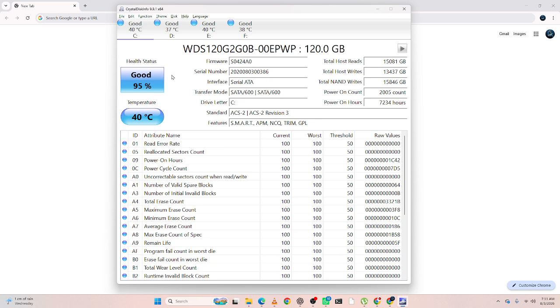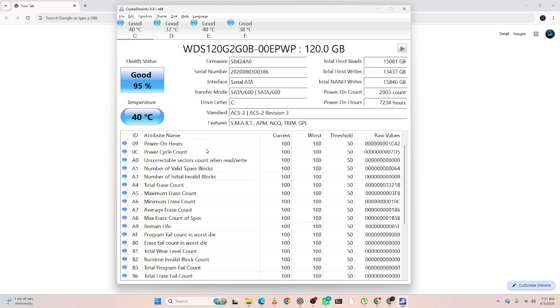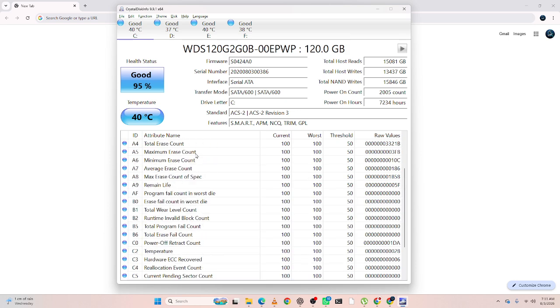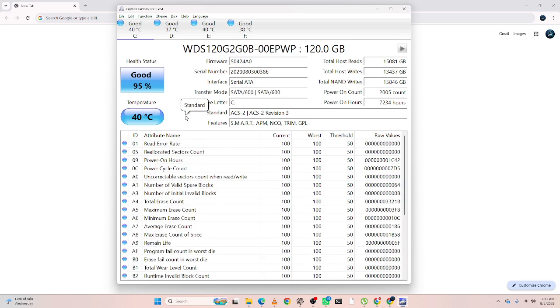Now check the drive temperature. CrystalDiskInfo continuously monitors your drive's temperature so you can identify overheating issues before they become serious. Scroll down to review the smart attributes. These values provide detailed information about your drive's health, including error counts, power on hours, read and write statistics, and